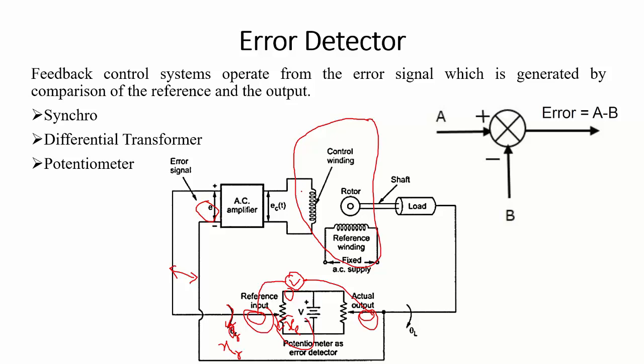So now this EC, the control voltage, is fed to the control winding of the servo. As soon as the voltage exists in the control winding, you are now talking about the existence of two voltages which are at 90 degrees phase difference, and whenever two voltages at 90-degree phase difference exist, they cause a rotating magnetic field, and hence will allow the rotor to rotate further. Since this rotor is connected to the load through a shaft, this will allow the load to rotate, and further the load is connected to the actual output.